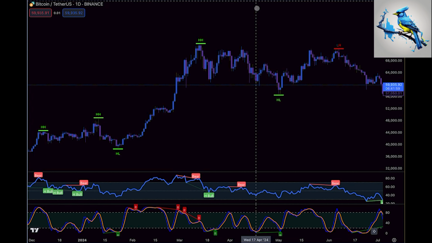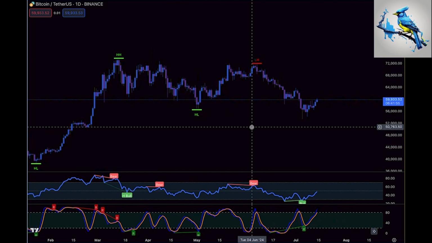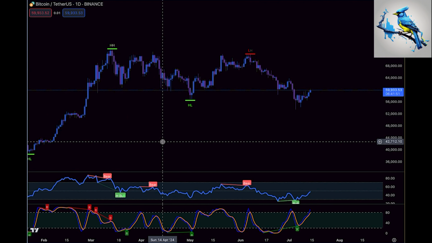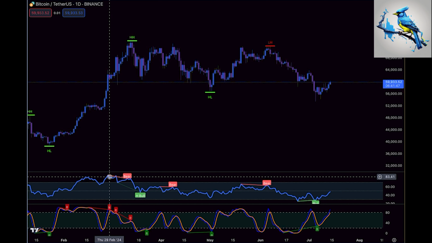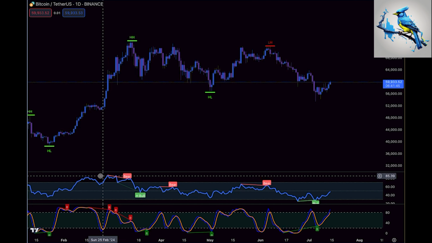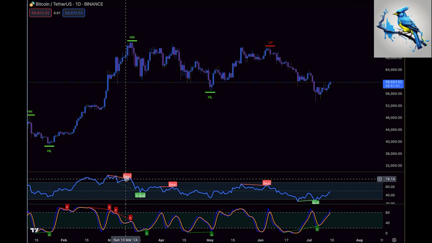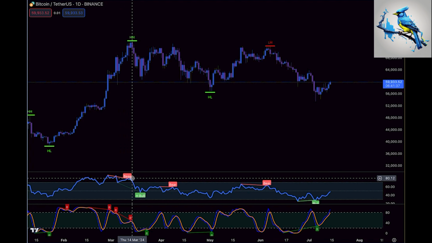So that's how to understand divergences and also what most traders get wrong with the RSI. And also conversely, it happens with the oversold. Not as much as the overbought though. Overbought readings, once they're in an impulse, they can go on for weeks, months, years without actually coming back down